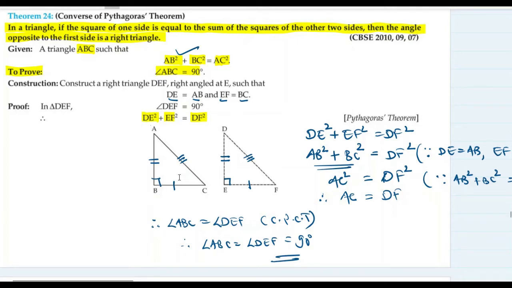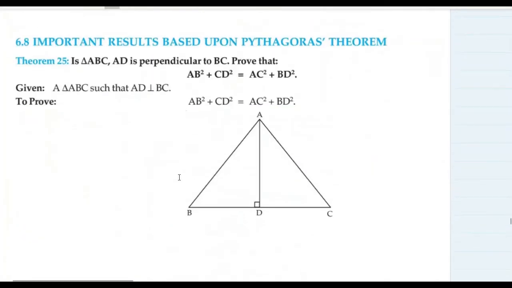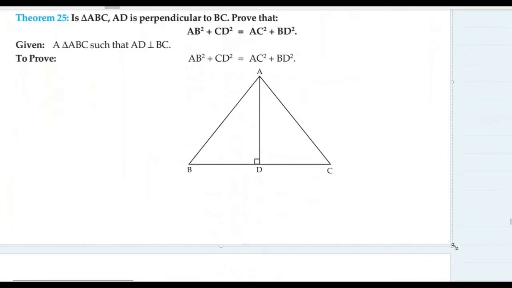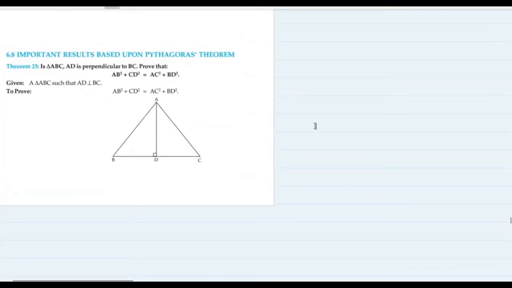All right, let's go to the next question. Okay, great. Now we are talking some business. We have to prove some important results based on Pythagoras theorem, like this one. So these are important results or theorems based on Pythagoras theorem, which are sometimes asked directly in the exam. Sometimes some questions based on these proofs or these results are asked in the exam. So you need to be prepared with that.